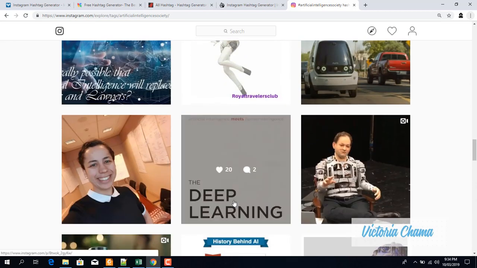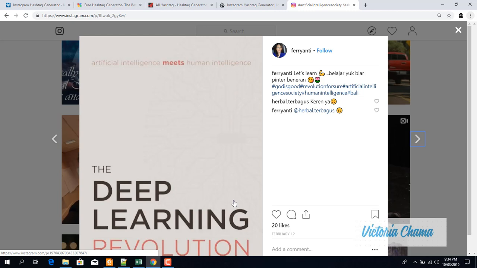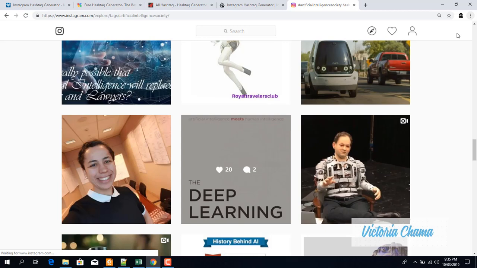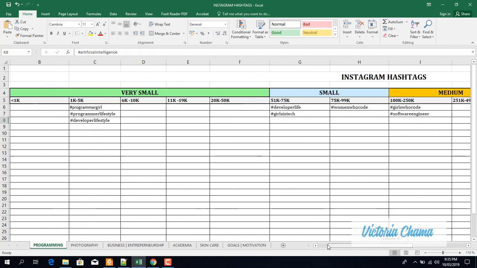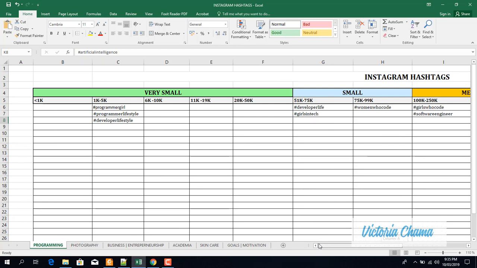So I've seen deep learning, and this is something very relevant to my field. So I would probably click on it and then see what the person has used. So she's used human intelligence, Bali, and artificial intelligence society. So if I feel those are relevant, I would pick them. So guys, this is how you generally go about copying and pasting. So you'd fill this in until you feel it's as full as you want, and then from there you simply create the groups by copying and